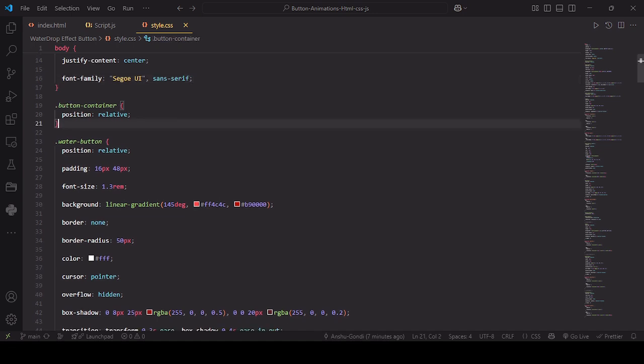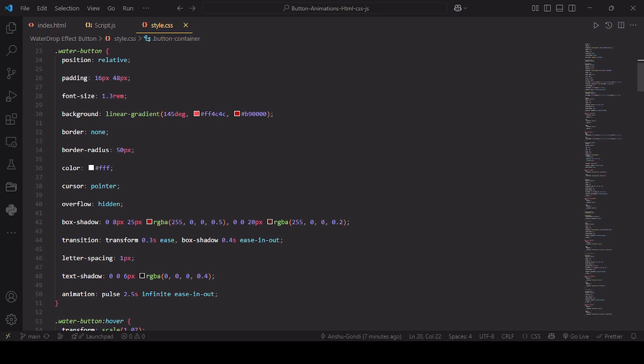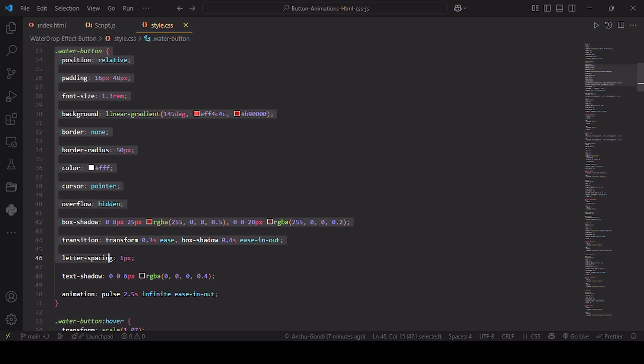Okay, then we have gone to our button container part. In this we have defined the position as relative, then we have gone to our main part of it, the water button, outside part as it is done. So for the water button we have taken the position relative, then padding as 16 pixel 48 pixel, then